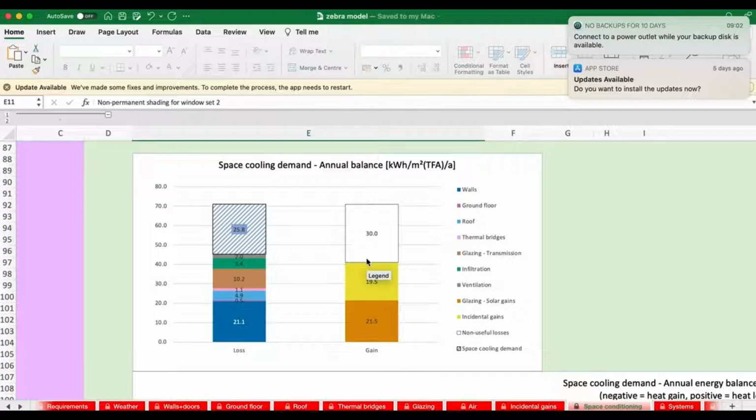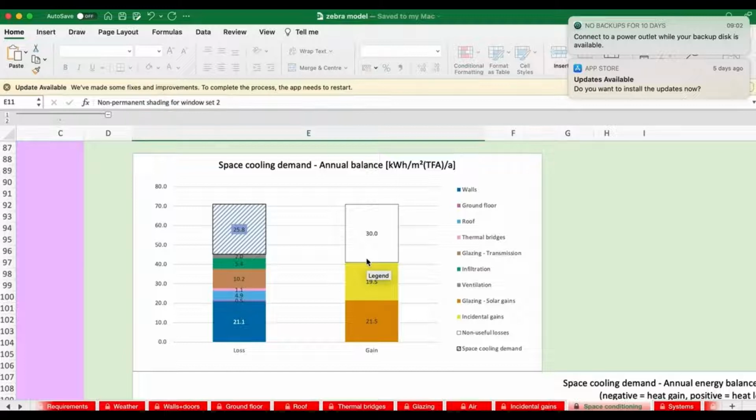So for the cooling calculation, it's using the cooling set point, and for the heating calculation, it's using the heating set point. So basically it just repeats the calculation twice with those two different set points. With one of them, it assumes that you can add heat to the building to make sure that the gains and losses balance, and the other one, it says you can subtract heat by the use of cooling to make sure the gains equal the losses. Now in this case we're on cooling, and these are our results.